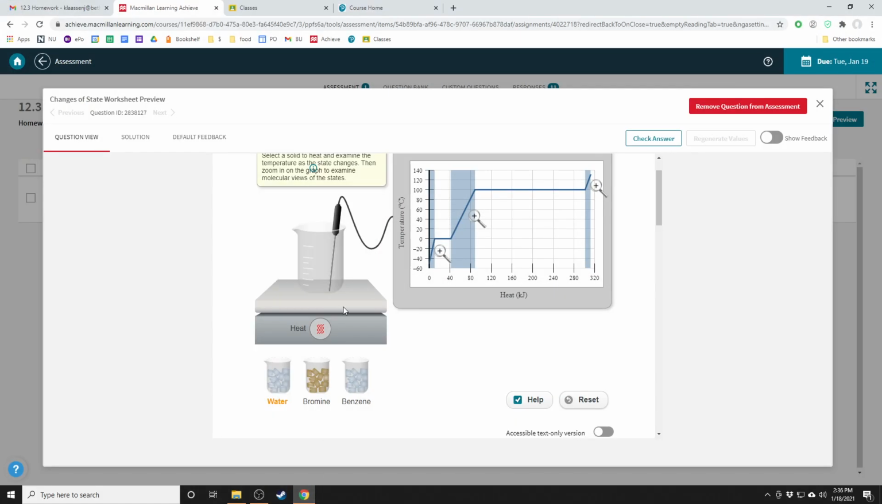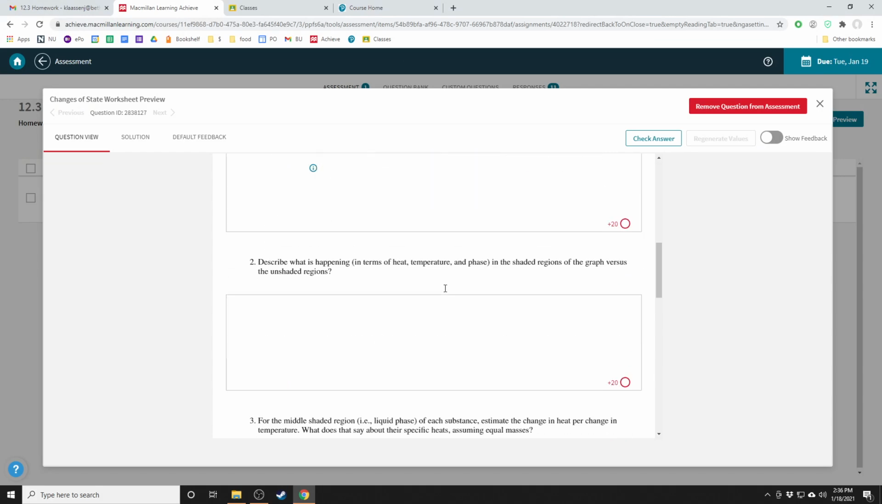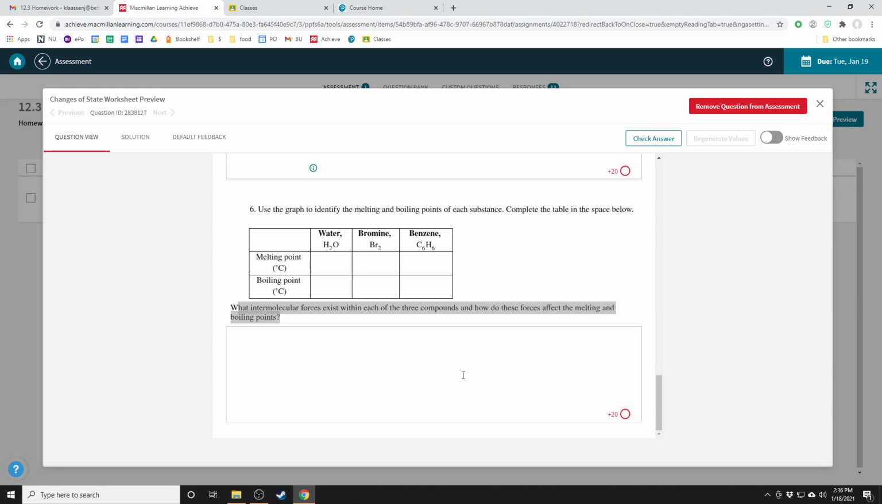Alright, so we're going to talk a bit about question number 6 in the lecture activity. Specifically, it's this bottom part of the question, because I actually answered how to figure these out in the main video where I did in lecture. So, what intermolecular forces exist within each of the three compounds, and how do these forces affect the melting and